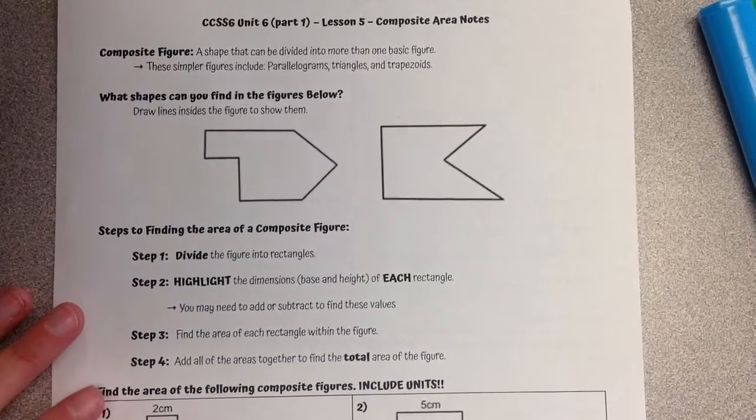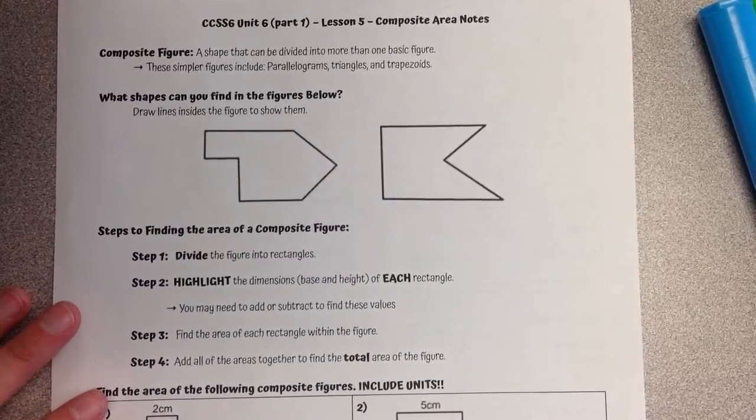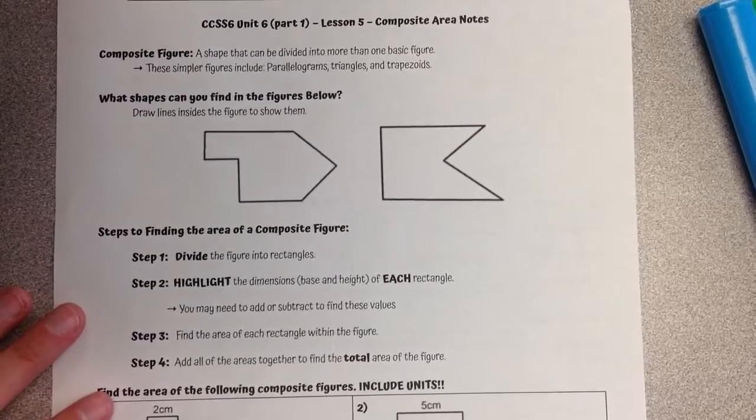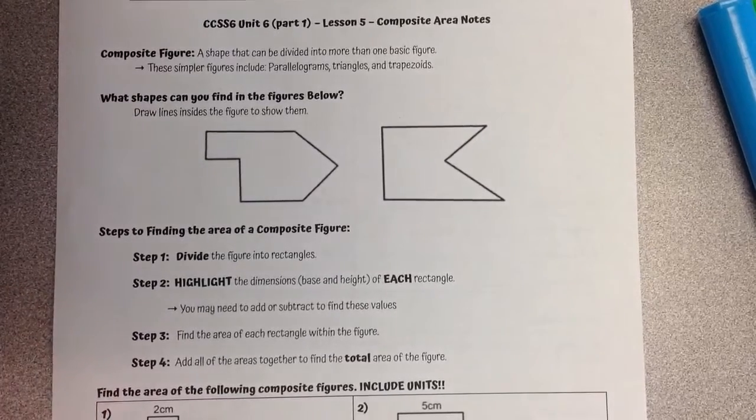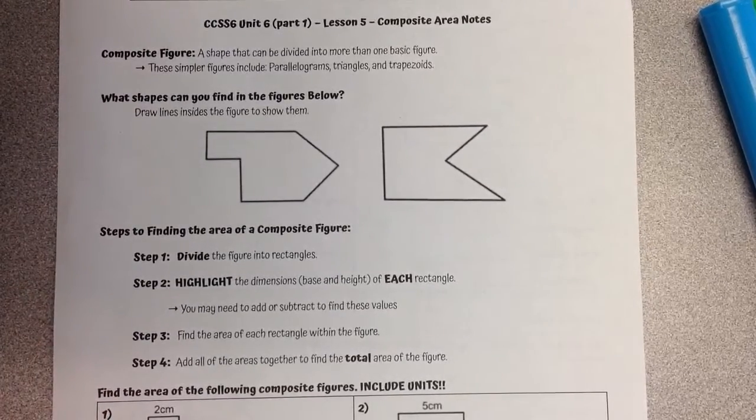Today we're going to talk about composite area. So we've already looked at composite shapes with perimeter, but we're going to apply that to then finding the area of these shapes. So a composite figure is a shape that can be divided into more than one basic figure. So these simpler figures include parallelograms, triangles, trapezoids, rectangles, squares, any shape that we already know how to find the